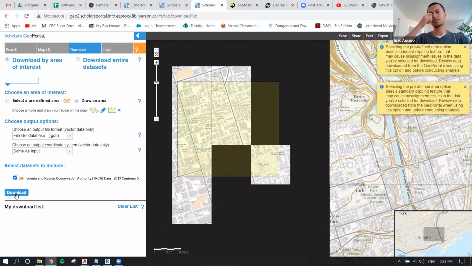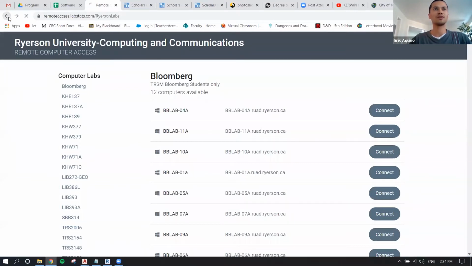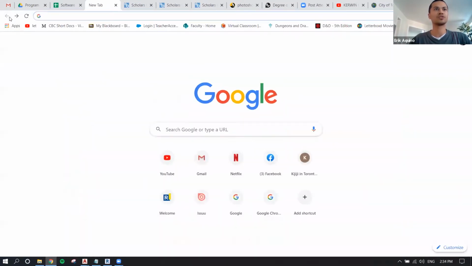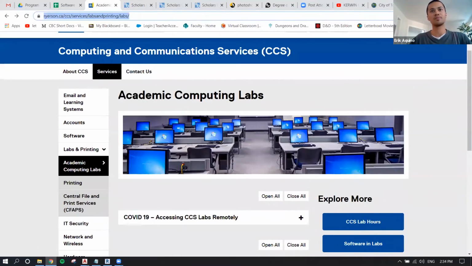it and bring it to the ArcGIS lab, which there's a process of converting this file into a DWG or other types of files that are usable, but you have to use their software in order to achieve that. So I think the people at the GIS lab are nice enough to do it for you by asking them and showing them which part of the map you would like, or you could access it through their remote computers, which you can search through, I guess, academic computing labs, and it'll be